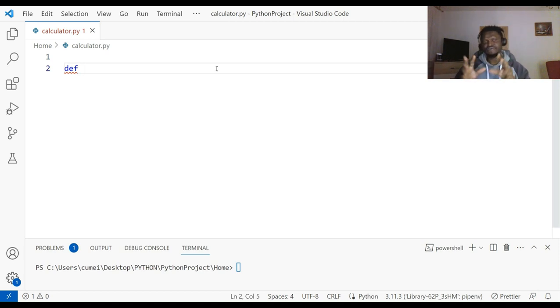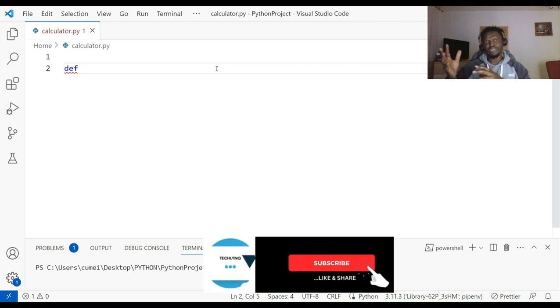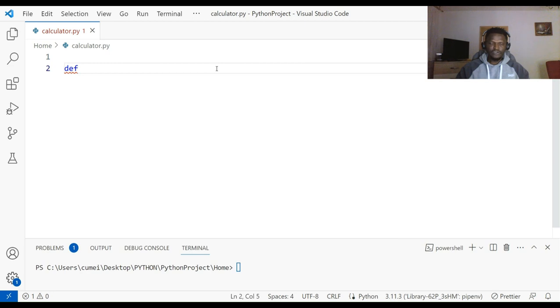Each of the functions is going to accept 2 arguments. Those arguments are going to be provided by the user, because we're going to use a command line interface, and then we are going to do the mathematics and show